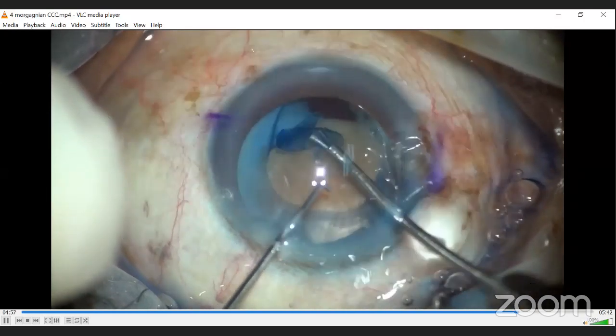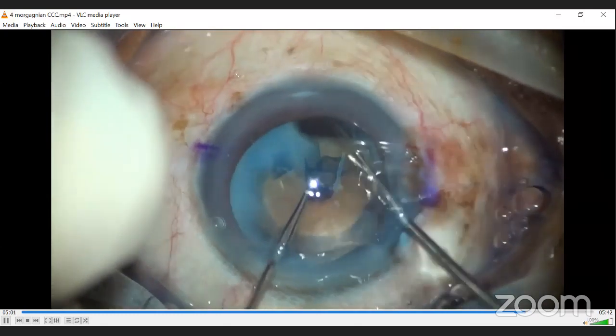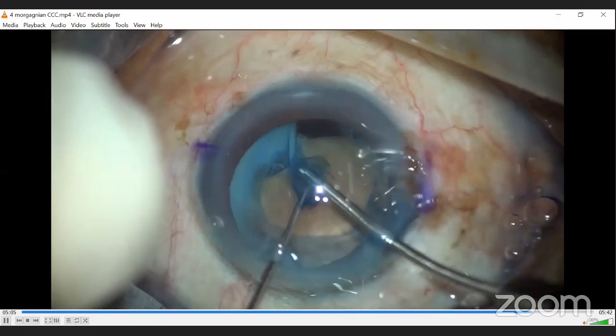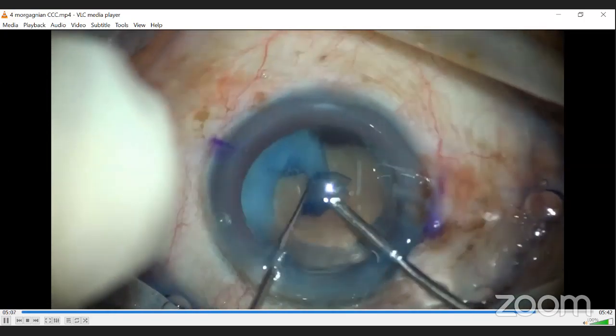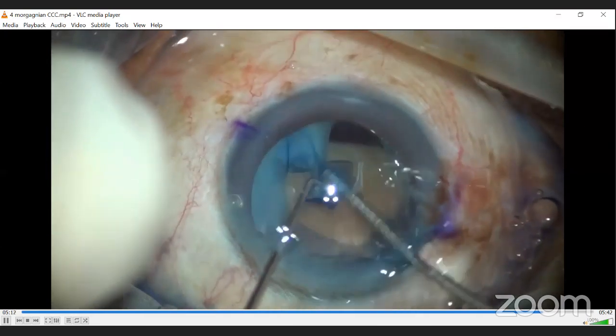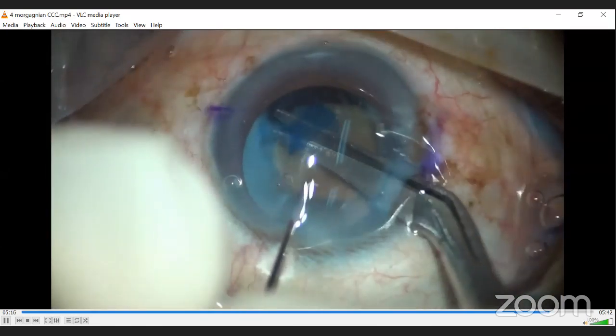So in this case, I could not retrieve the rhexis back. So I made a nick on the other side and completed the rhexis. But of course, on that side also, as I mentioned, for using the quick pull maneuver, the zonules have to